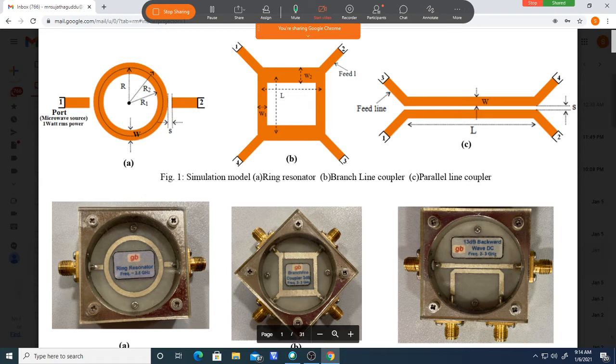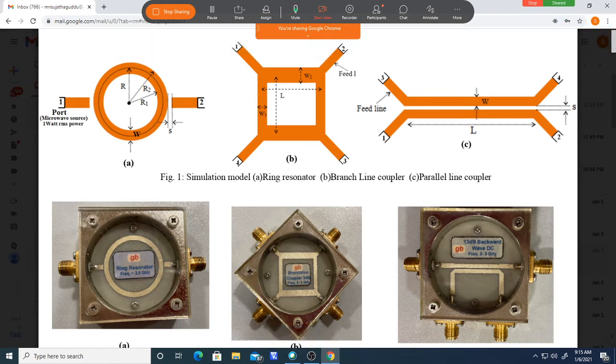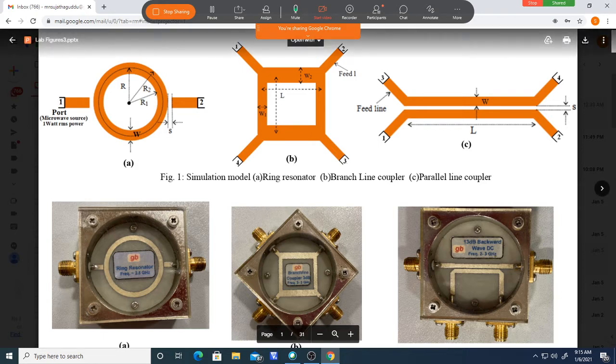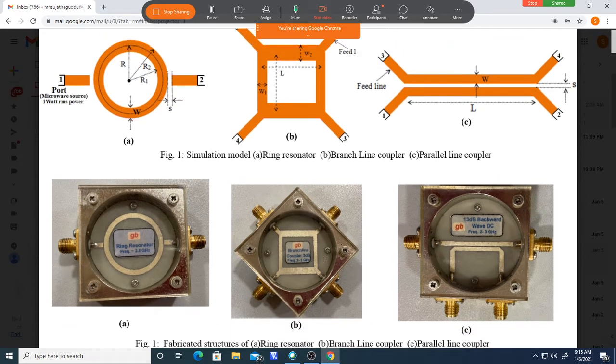So what you should do, you should keep the structure like this and identify the ports first. You can take any one as port 1, but better follow one thing. Keep the structure like this, horizontally the wider lines, and vertically the thinner lines. Take this upper one as 1, and next is 2, this is 3, and this is 4. So automatically equal power division here and here, and zero power must be from port 4. This is called an isolated port. So you should use that. So these are the ports.